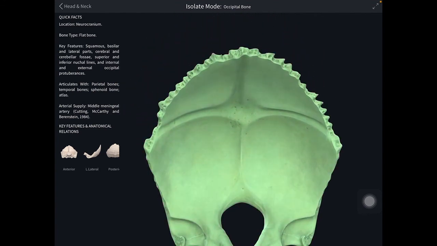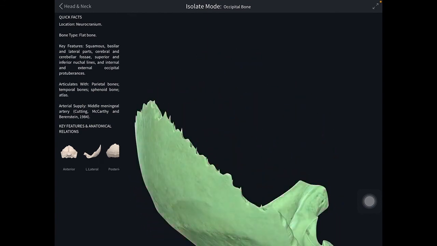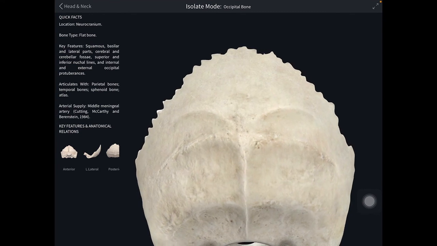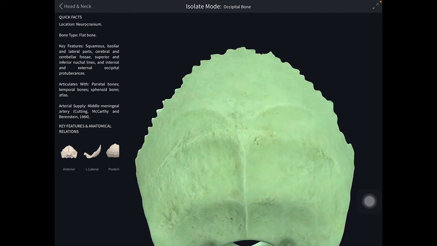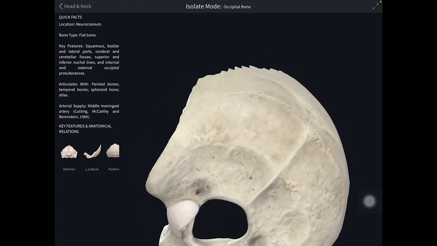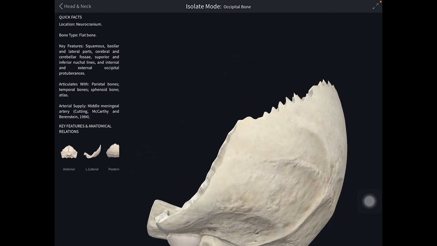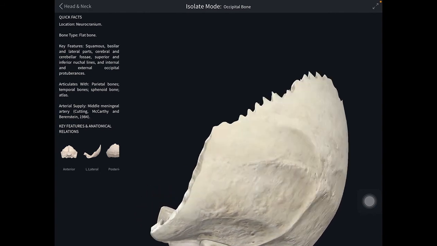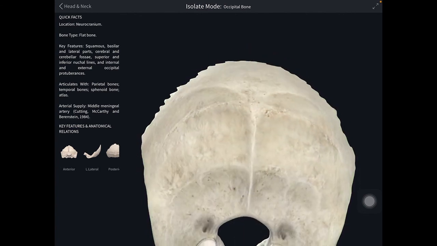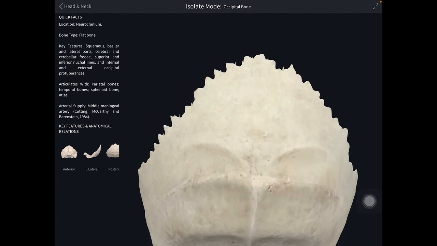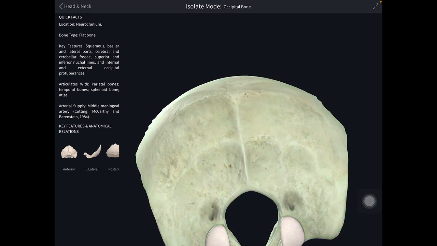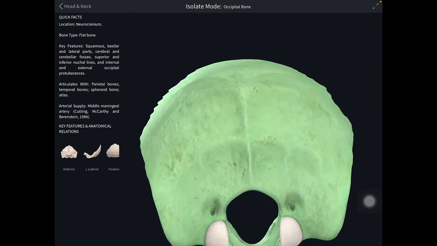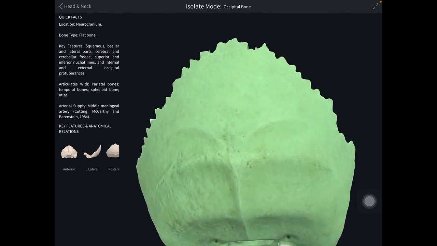Squamous part presents internal surface, external surface, a pair of supralateral or lambdoid borders, a pair of infralateral or mastoid borders. So these are the infralateral or the mastoid borders, and three angles, superior angle and two lateral angles. So superior angle, and these are the two lateral angles. Now we will see about the external surface in detail.